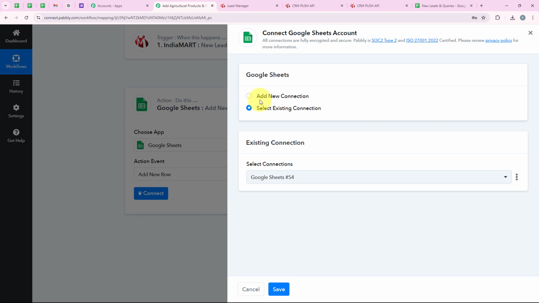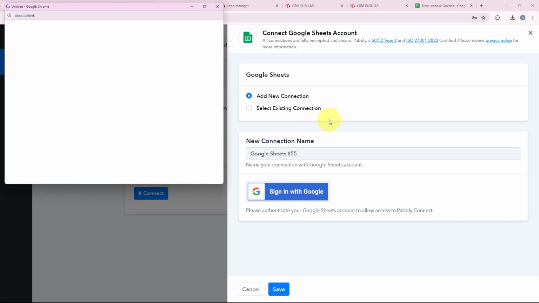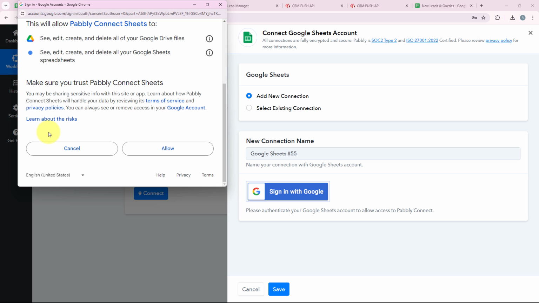And as soon as we do so, it is asking me to add a new connection or select the existing connection. So if you have already connected your Google Sheets account with your Pabbly workflow, you can click on select existing connection and then save. But if you haven't, you have to follow me, click on add a new connection and then sign in with Google. And as soon as we do so, it is going to ask me for the Gmail